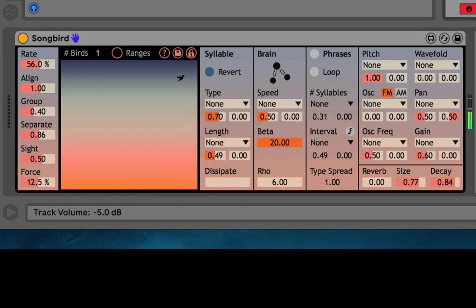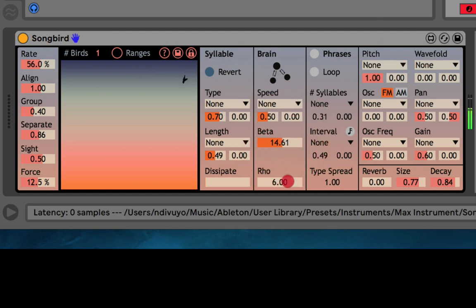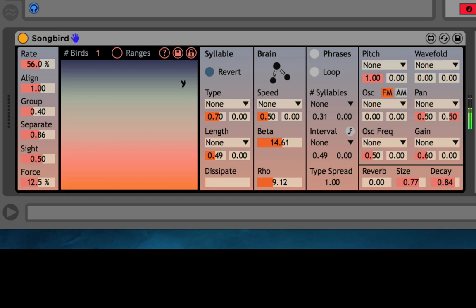Okay, and then below that are the beta and rho parameters, and these are two constants in the brain algorithm, in the brain model, and just changing these will change the envelopes. So this will change the sound of the syllables a bit. And they start out at 20 beta and 6 rho. These are the correct constants for the model, but you can mess with them a bit to get a different